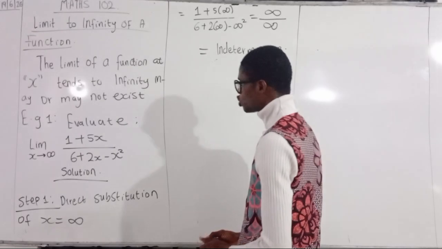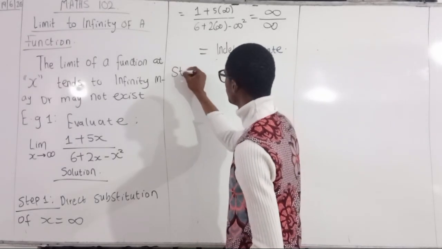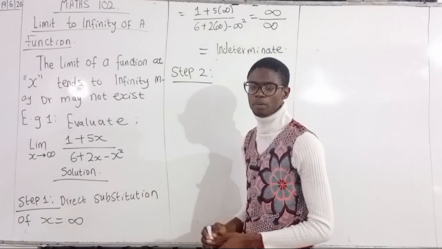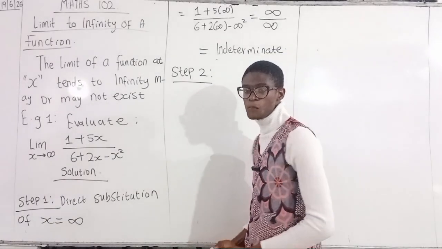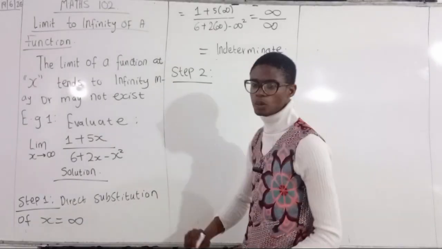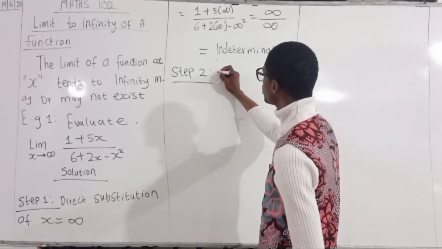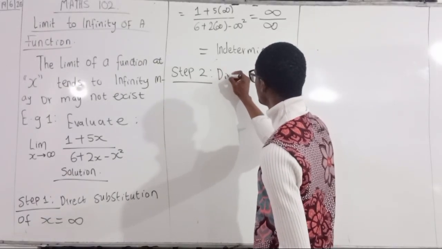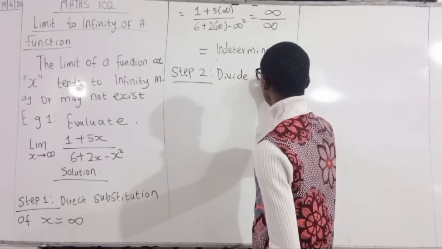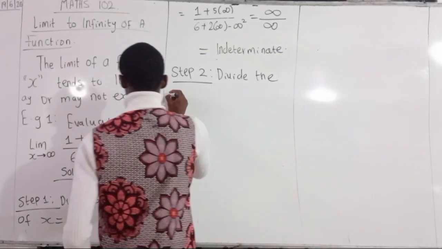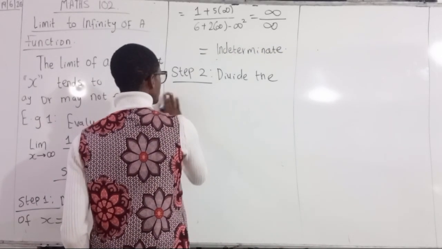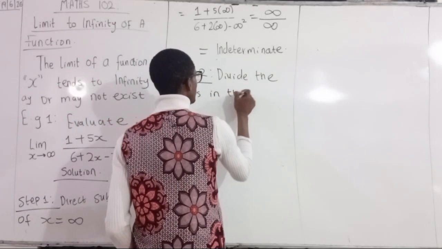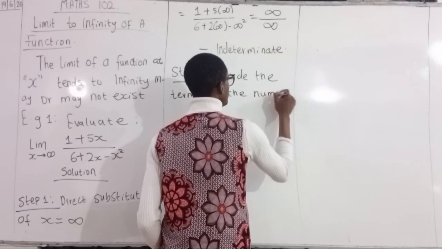The indeterminate form. So what is the next step? What is step 2? Please, you are not being very active. Step 2 is: divide the terms in the numerator